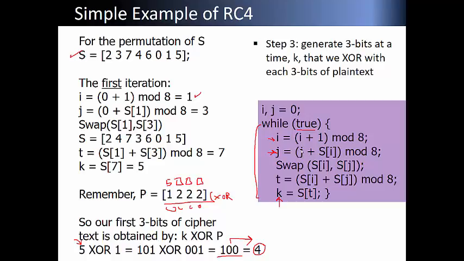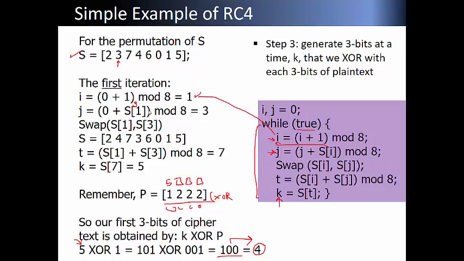And then the index j is computed similarly. So initially j is 0. 0 plus S of I. What is I at this point? I is 1. So come back here, S of I is, okay, here. S of I is 3, number 3. Okay, so this is number 3. Is that an I or a 1? This is I. This is I, but this I is currently here.